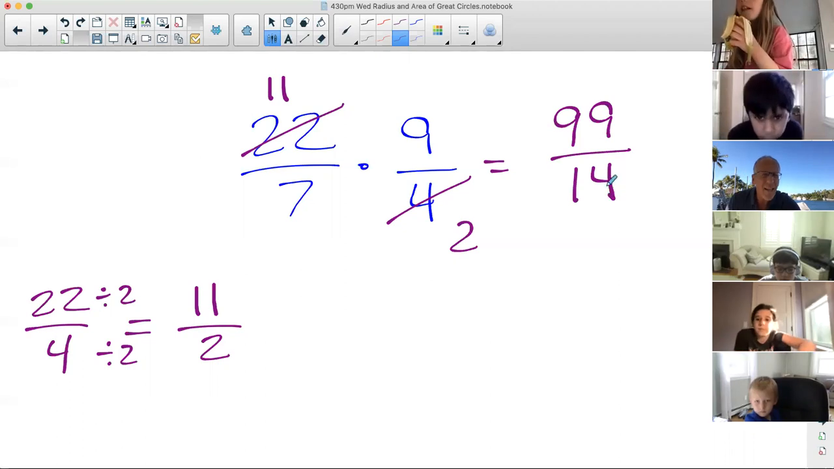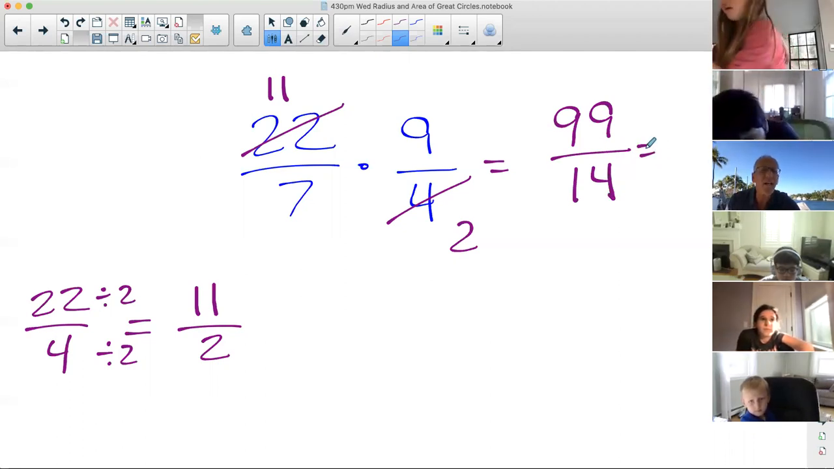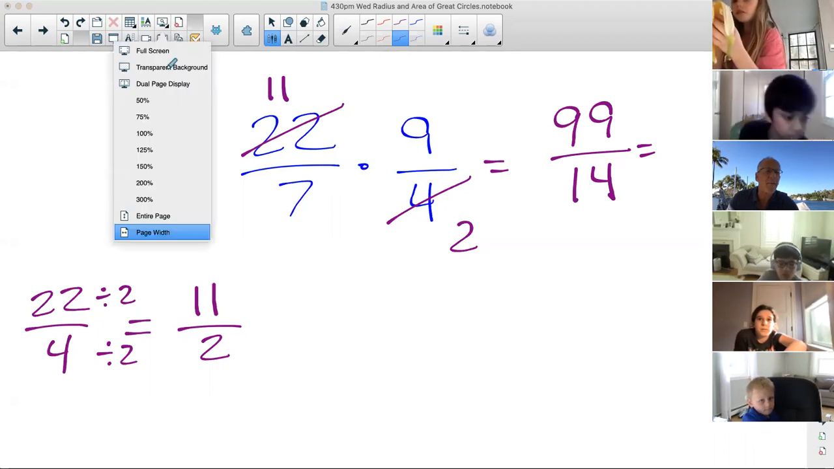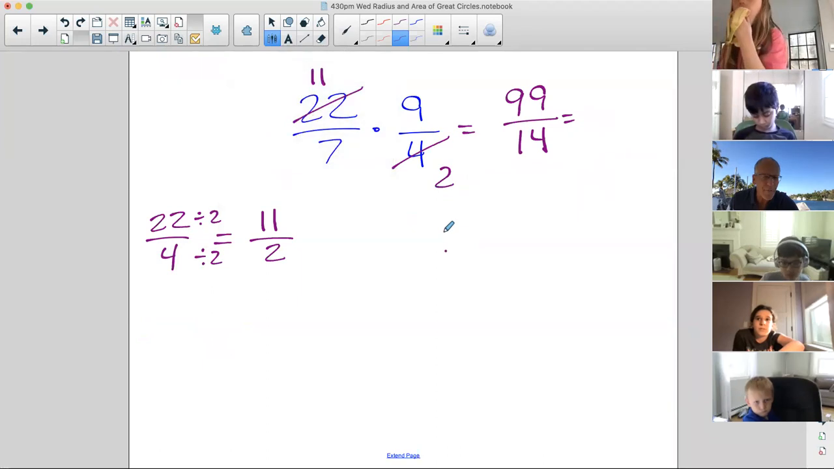99 divided by 14. Now, everybody, how many times does 14 go into 99? One way we can think about that is we can count by 14s. 14, 28,